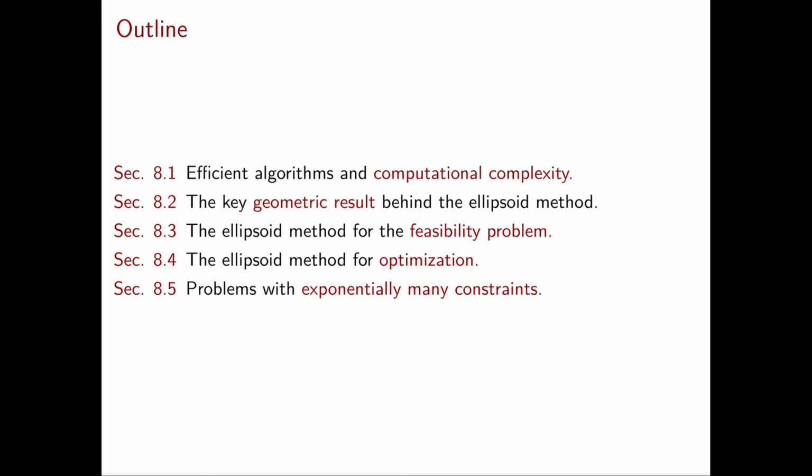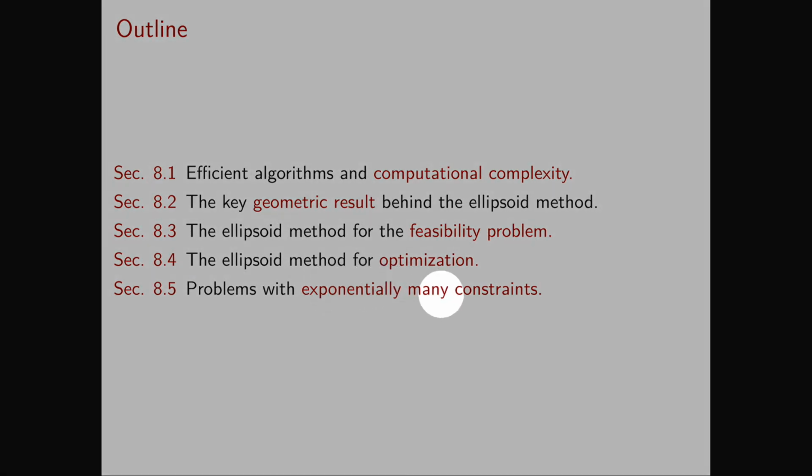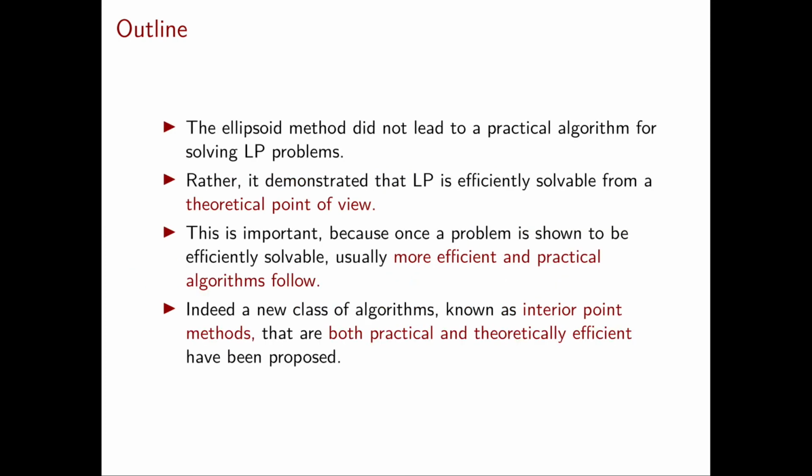First, we will see how the ellipsoid method can solve linear programming feasibility problems. And next, we will see how it can also be used for optimization problems, so to solve linear programming problems. Finally, we will also see how the ellipsoid method can be used to solve linear programming problems with exponentially many constraints. In particular, we will see that the ellipsoid method is able to solve any linear programming problem in polynomial time. On the other hand, the simplex method is not always able to solve a linear programming problem in polynomial